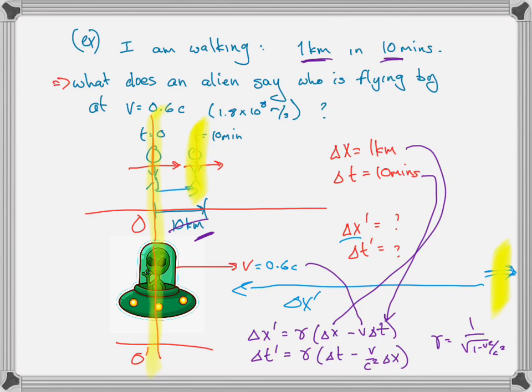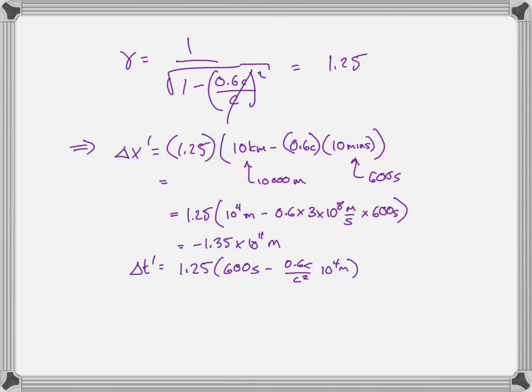But let's go ahead and make this 1 kilometer and plug in 1,000 meters, 10 to the 3rd meters. And believe it or not, it doesn't change a thing, because this number is so small compared to this number. We still get minus 1.35 times 10 to the 11th meters. Okay.